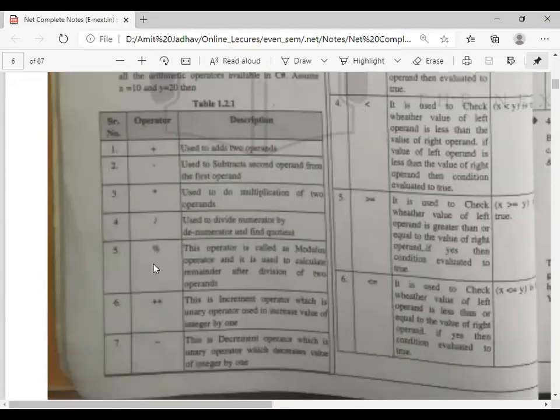Then percentage, which is used to perform the modulus operation. That means whenever we require the remainder, we use the percentage sign. Then the plus plus operator is used to increment by 1. And minus minus is also called the decrement operator, which is used to decrease the value by 1.